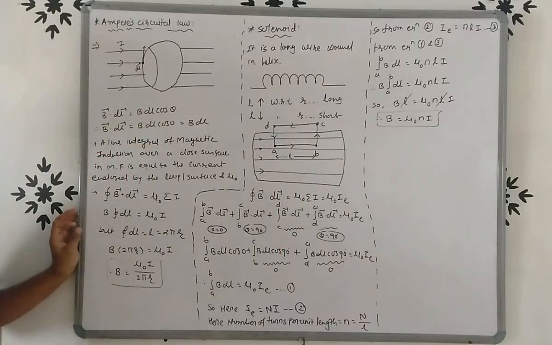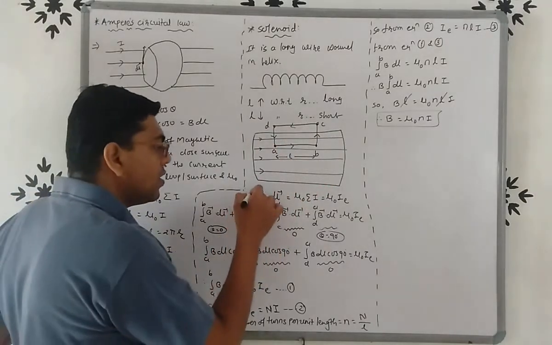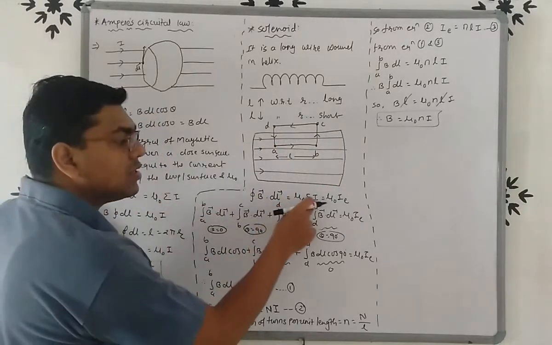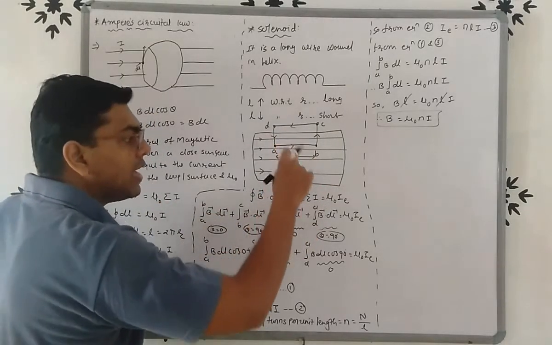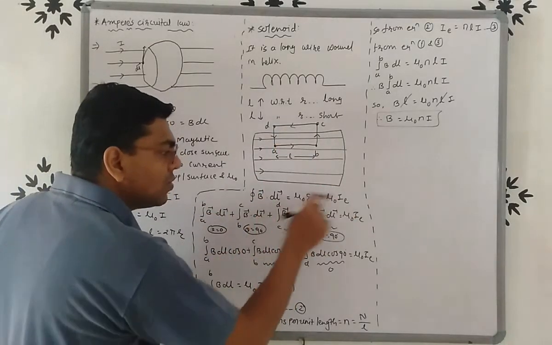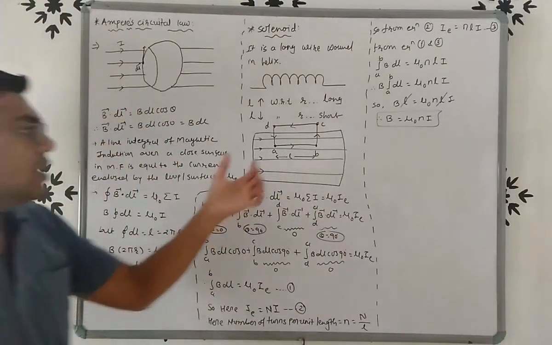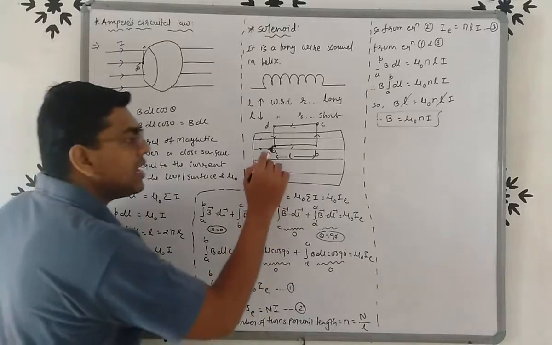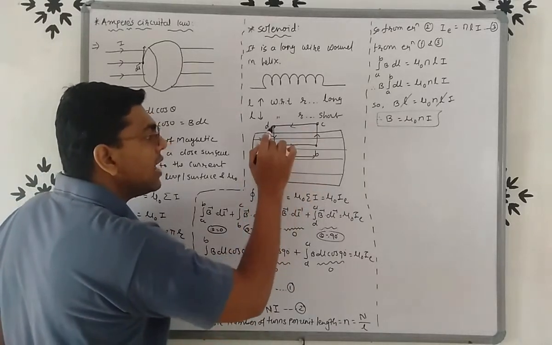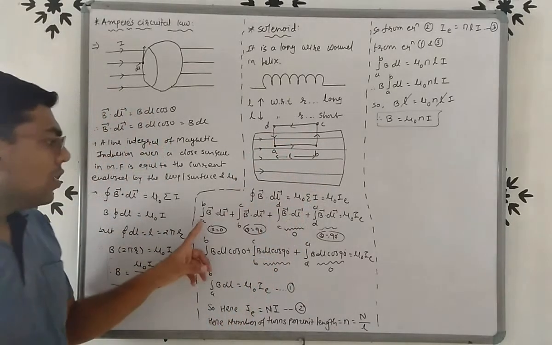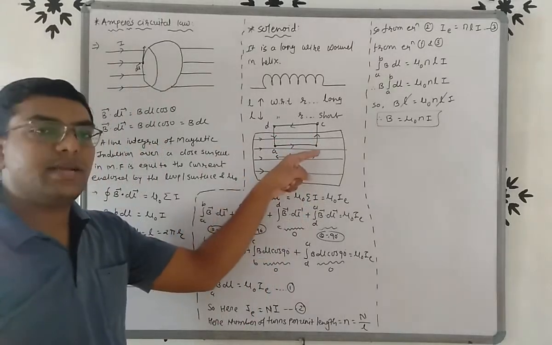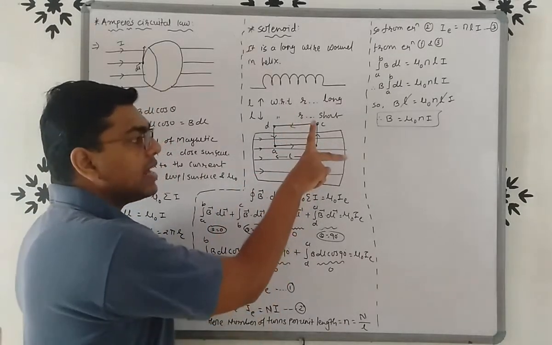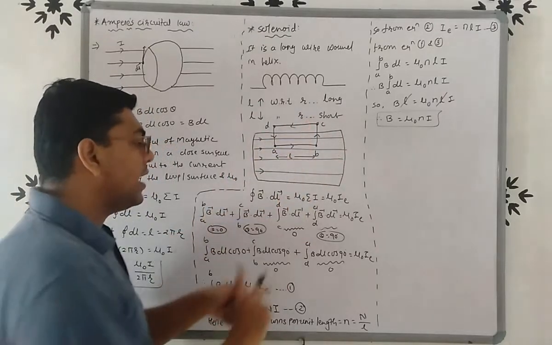To find the formula of magnetic field, we use the equation of Ampere's circuital law: B dot dl is equal to mu 0 sigma I. Suppose the current enclosed by this surface is IE, so mu 0 IE. Here the loop is A, B, C, D, A, so it will be divided into 4 parts: A to B, B to C, C to D, and D to A. Now for A to B, B and dl are in the same direction, so theta is 0. For B to C, B is on the right hand side and dl is upward, so the angle is 90.